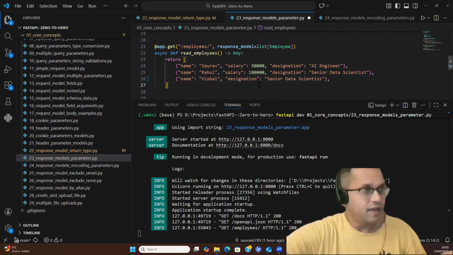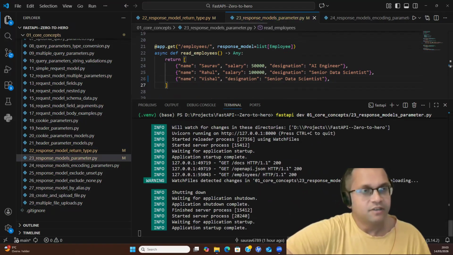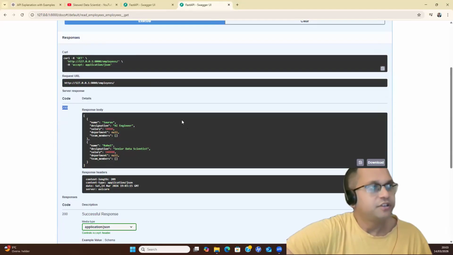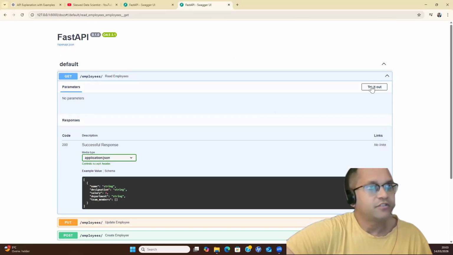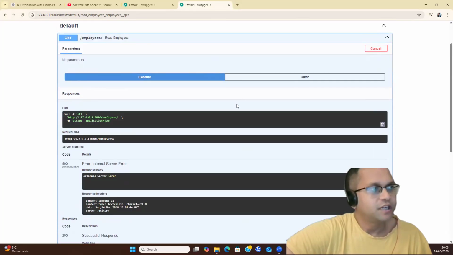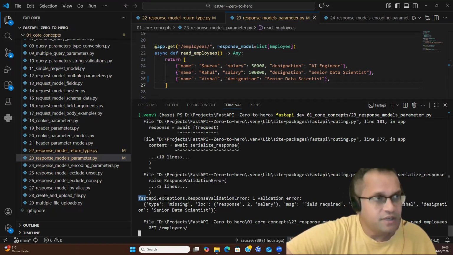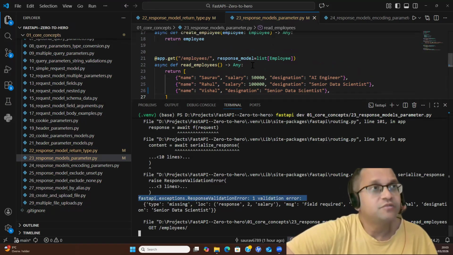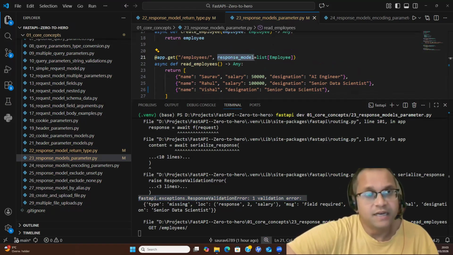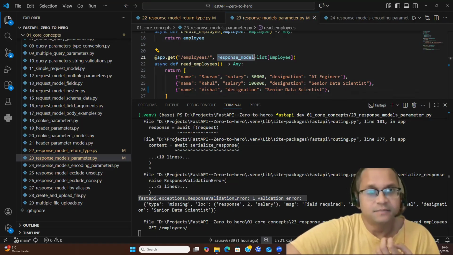And when I do Control S and restart the server, let me refresh this one. And if I try it out here, click on execute. So I'm getting the internal server error, but this time, instead of getting the error from the Pydantic, we are getting the error from the FastAPI because we have used the response model. So here, the FastAPI is being reinforced, and we can say that through the error, FastAPI is throwing the error because salary is missing,